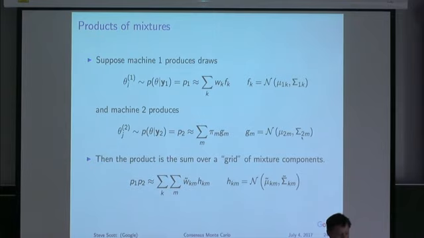If I multiply P1 times P2, if I believe this decomposition here, what I'm going to end up with is another mixture of normals that just looks like this, right? Think about it as I've got an array for P1 and an array for P2, and P1 times P2 is going to be the sum of things over a grid, right? And so what are the mixing weights and the mixing kernels in the grid? Well, I'm going to call the mixing weights W tilde, and I'm going to put tildes on things after they've been multiplied together, right?